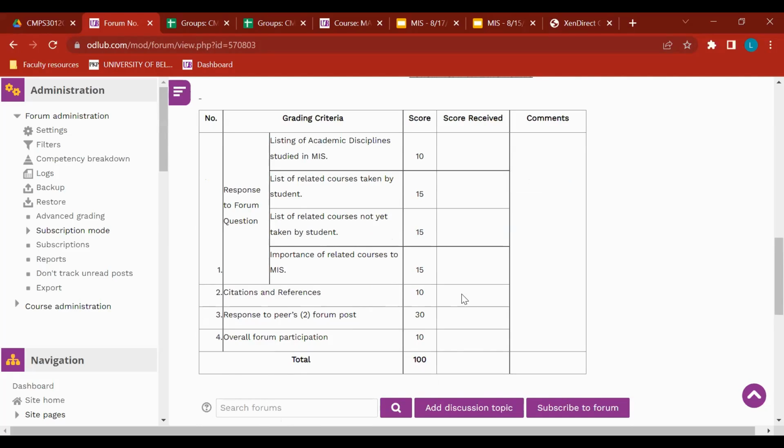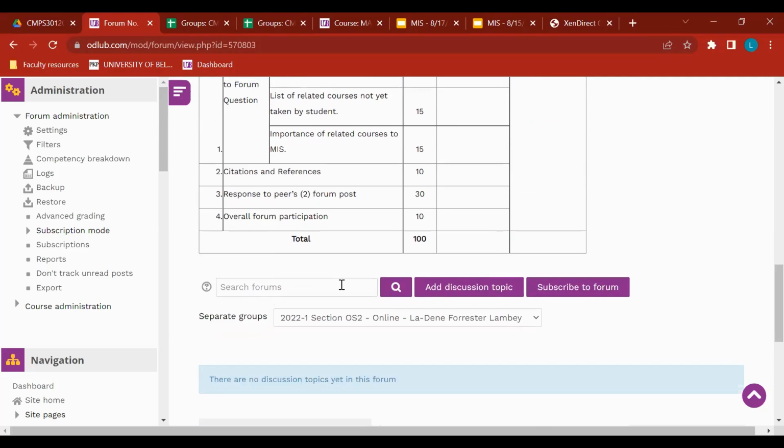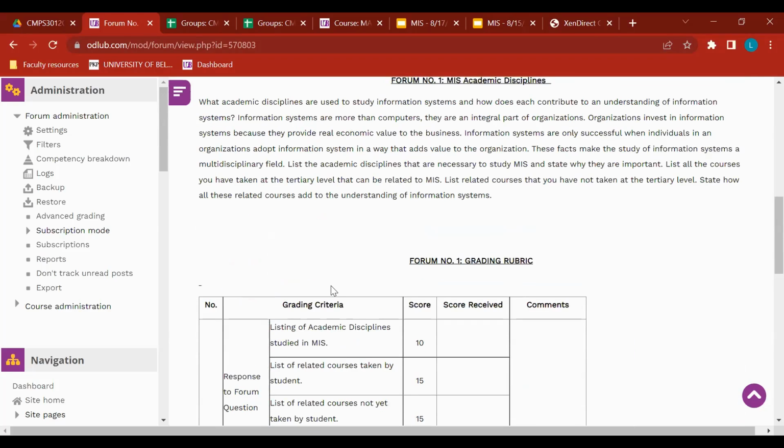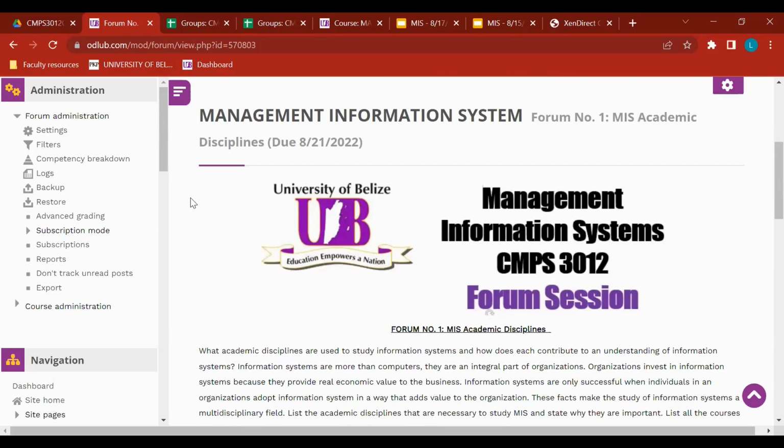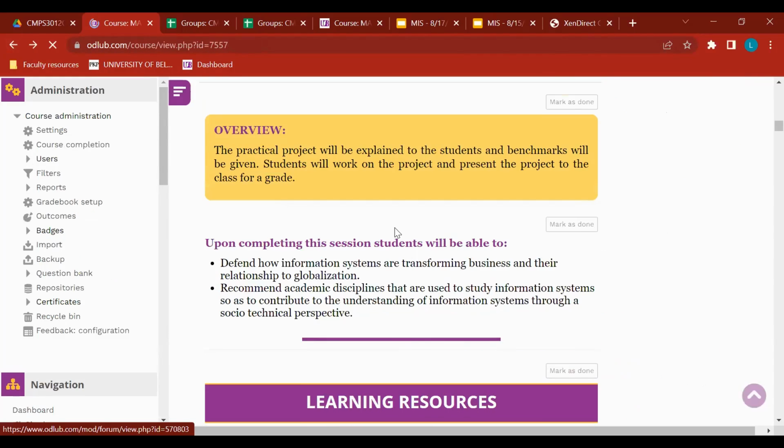You just have to make sure you read the question well, answer it well, and of course, use citations. If you use the textbook, let that not be the only citation I see on your forum post, please. And your citations must be in APA format. You're university students, and so we want to see you maintain that standard of giving professional documents and showing that you really understand how to reference your work well.